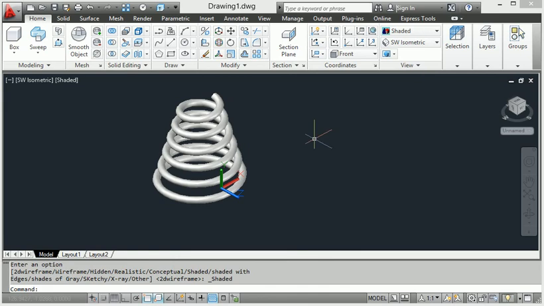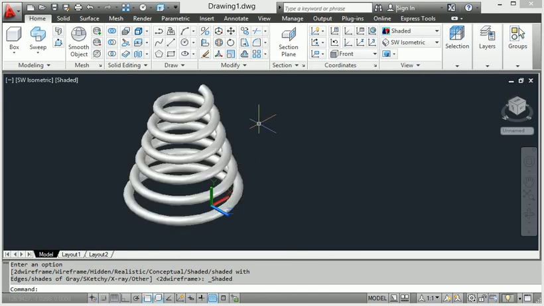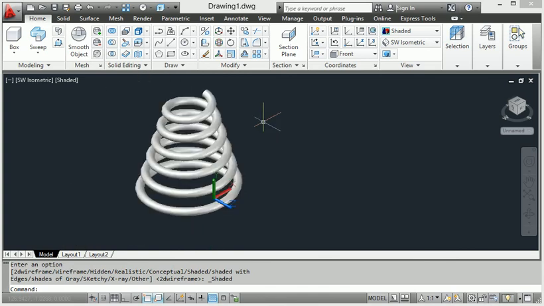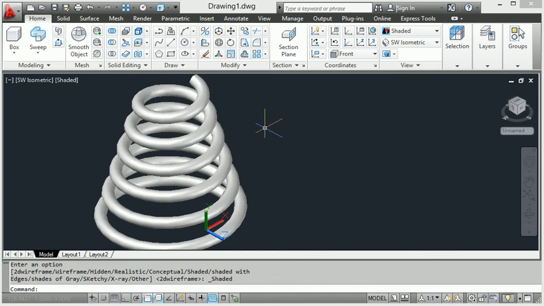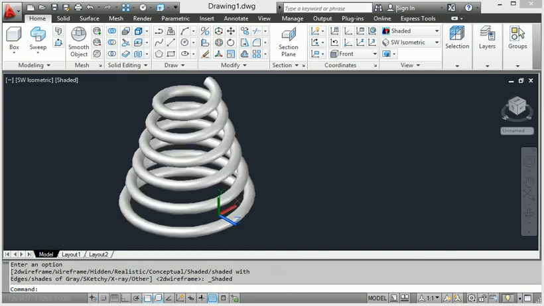Look at this, converted from the 3D wireframe design. It's very useful, okay.